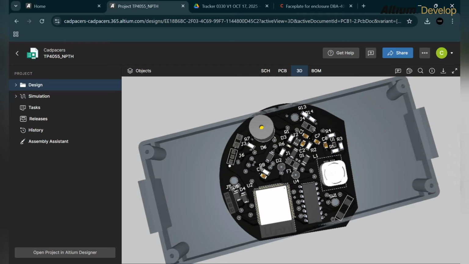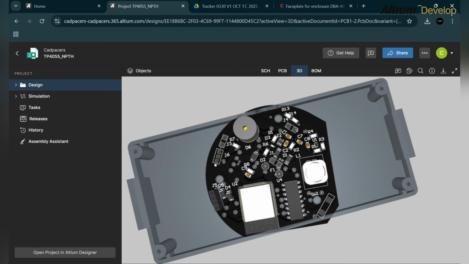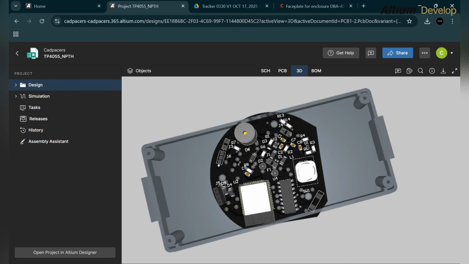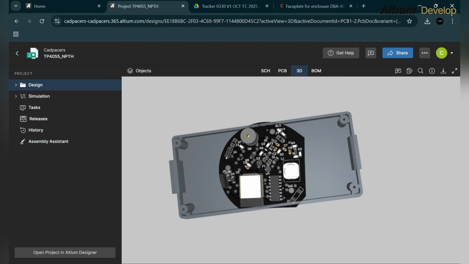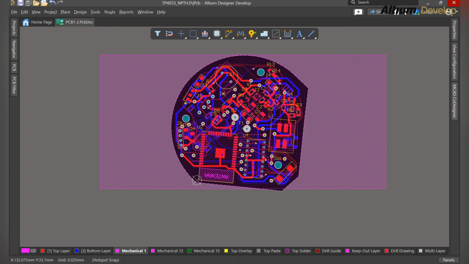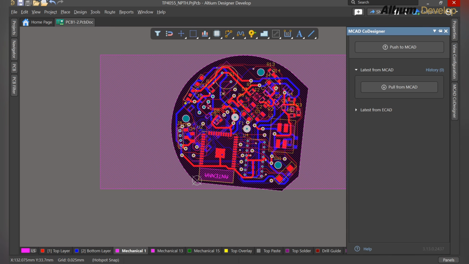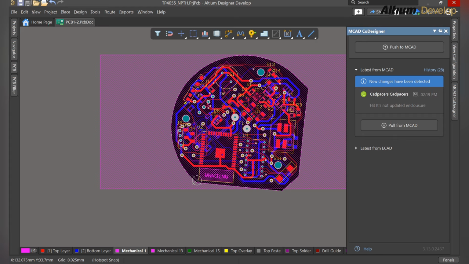So I will send this PCB with the mechanical body to the mechanical designer, so he will make the 3 mounting holes as I mentioned on the PCB. So let's send it to the mechanical designer. Let's go back to the Altium Designer Develop software and open the MCAD, and here you can see the pull from ECAD and push to MCAD. Let's click on the push to MCAD option